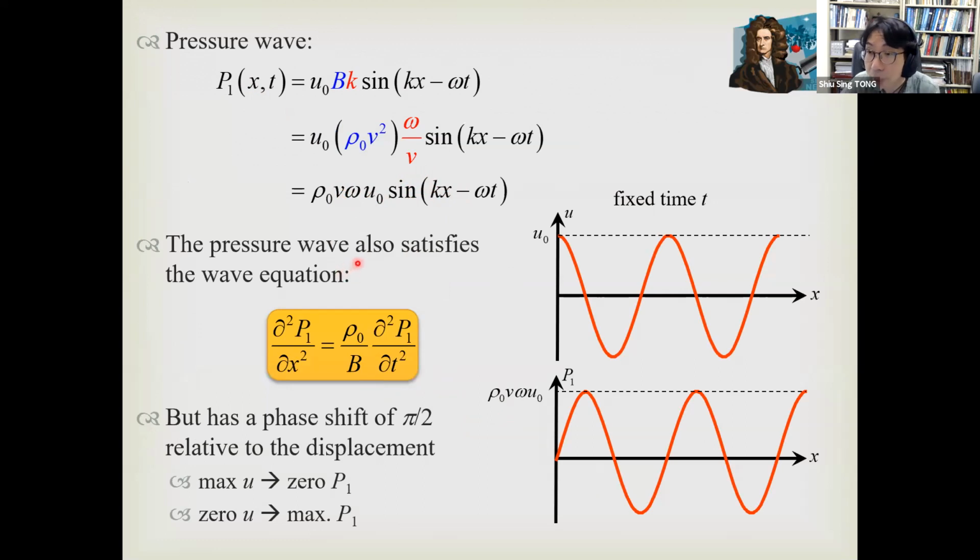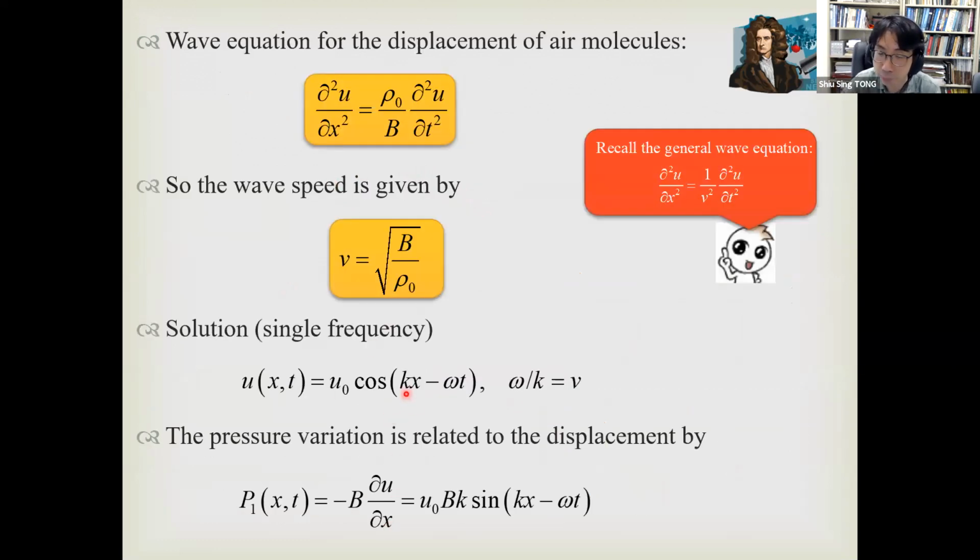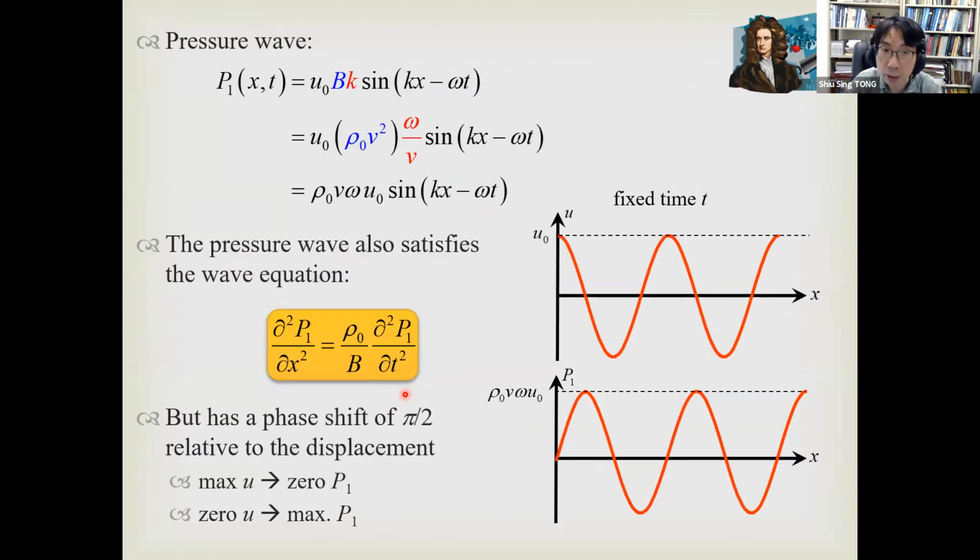So that means the pressure wave also will satisfy the wave equation. Okay, because omega and k are related in the same way as for the displacement. So because of this, we claim that the pressure waves also satisfy the same wave equation as the displacement waves. Okay,